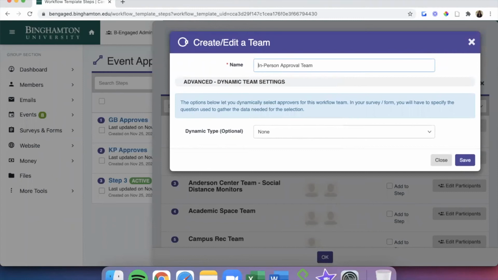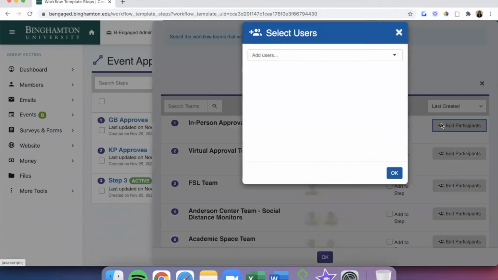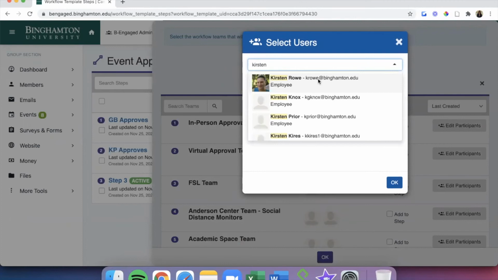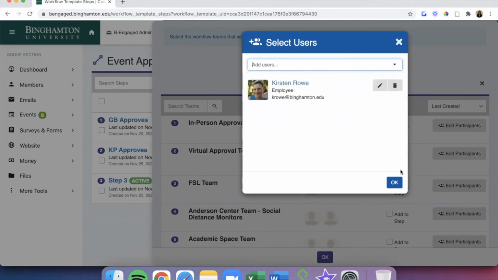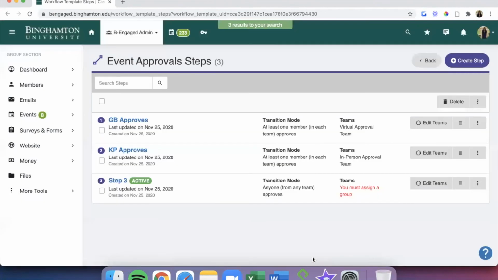This will be the in-person approval team as opposed to the virtual approval team we created before. It's already added to this step, so now we'll just add our participant. We'll click OK, select OK again, and we're set.